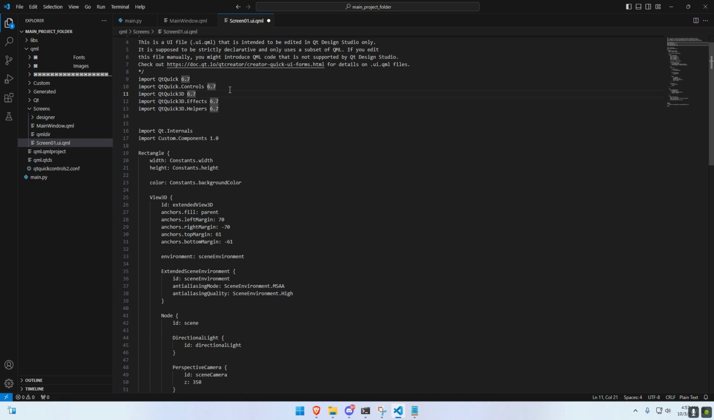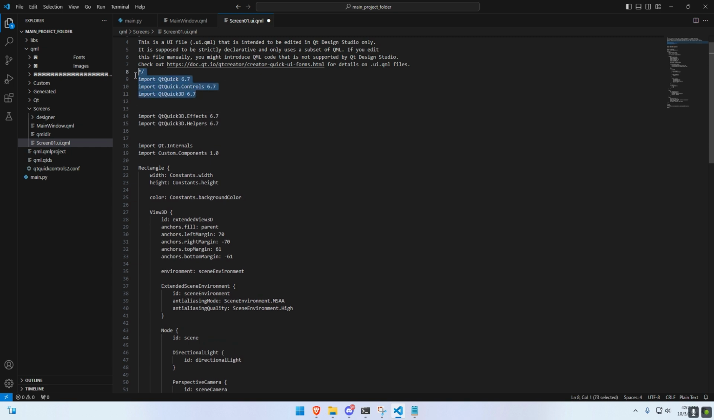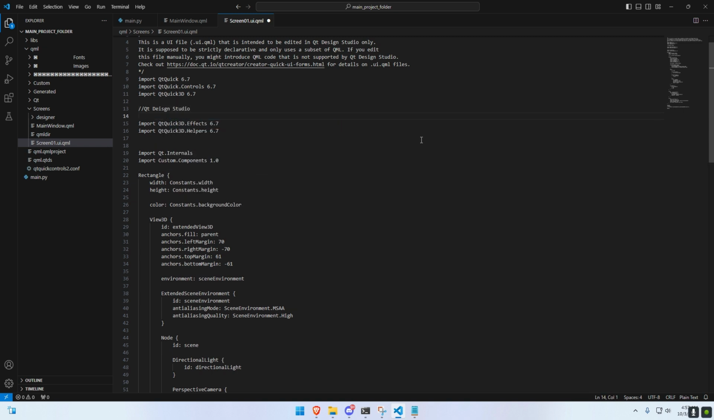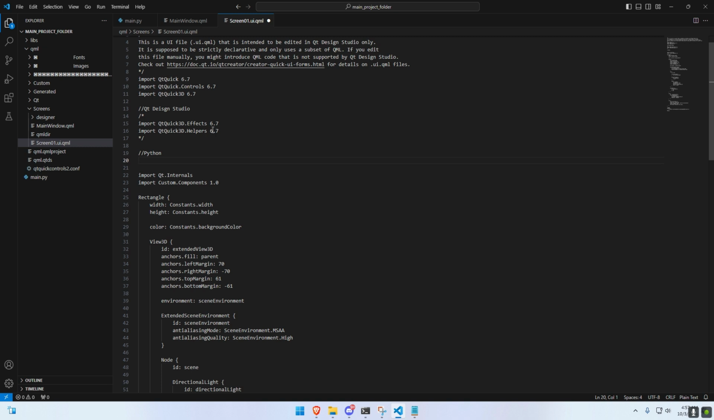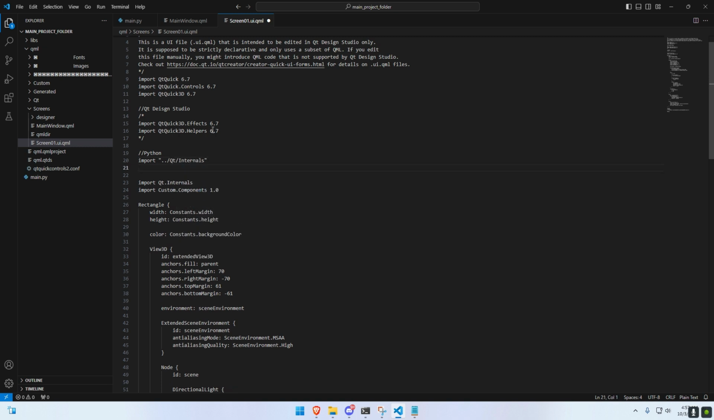So the QtQuick, this is pre-built into it. This is fine, but this needs to change. So again, we're going to call this the QtDesign Studio. And we're going to code block this. And this will be the Python. And we're going to do the Qt internals. And we're also going to want,